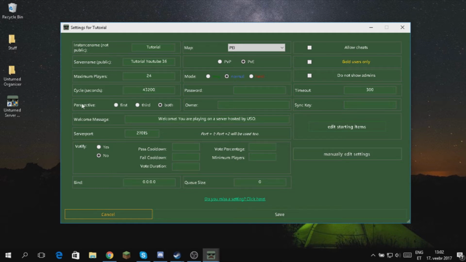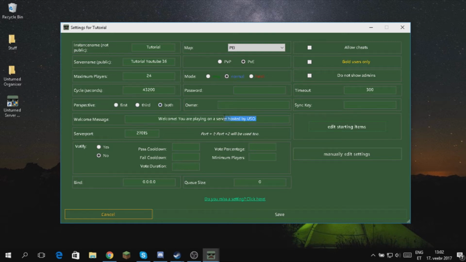You can choose now perspectives. First, they can only look in first person. Third, they can only look in third person, and both, they can change what perspective they want to look.